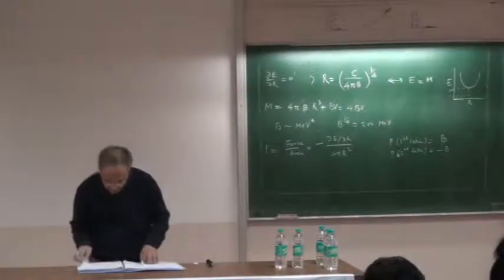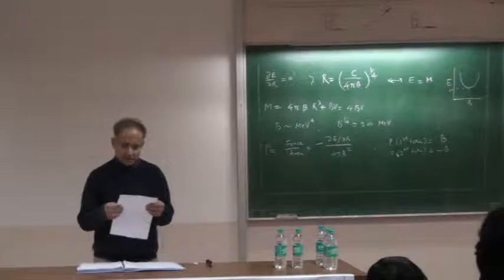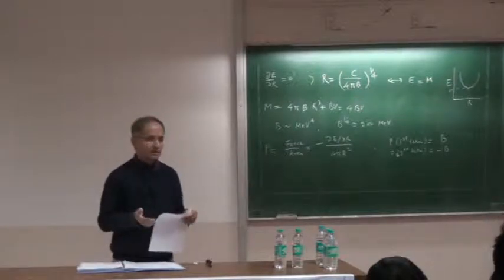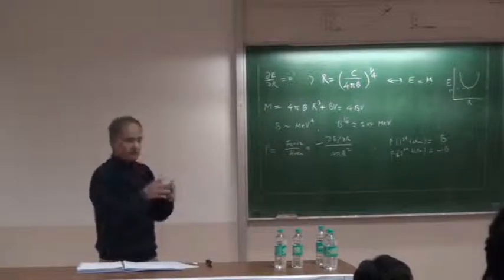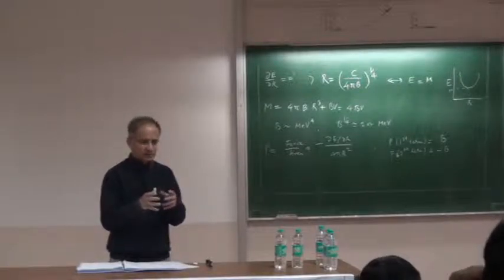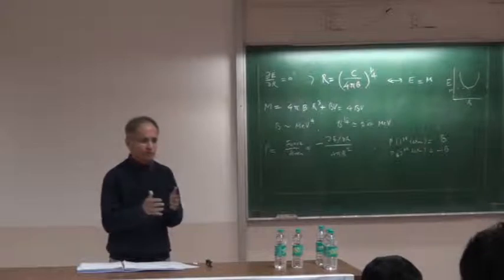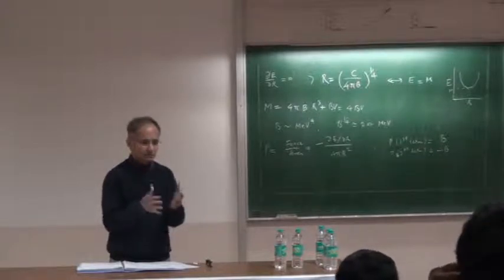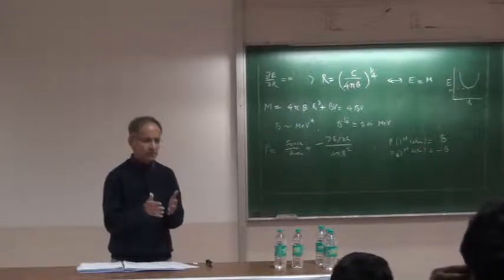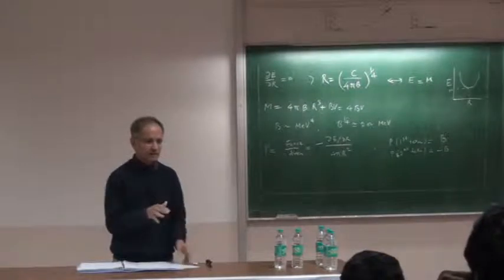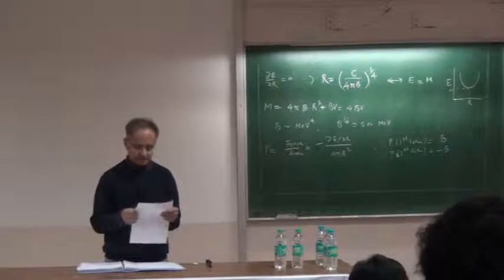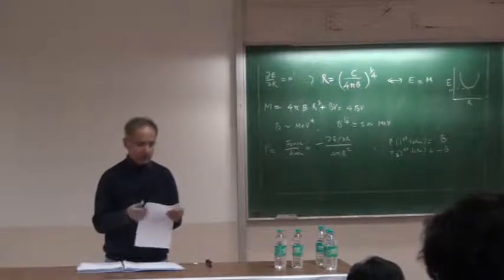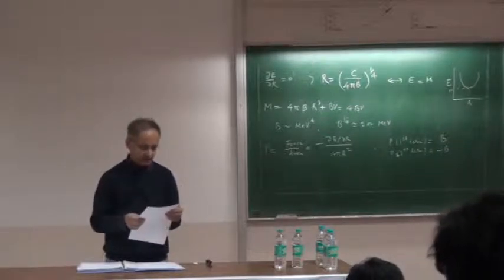Other things that are missing: there is something called zero-point energy, which is missing. Then these 3 quarks are moving. As a result, the center of mass will also move, but that is not allowed. It is an isolated nucleon. Center of mass should be fixed. You have to take care of that effect. That's called center of mass energy. In other words, spurious motion of the center of mass has to be taken care of.